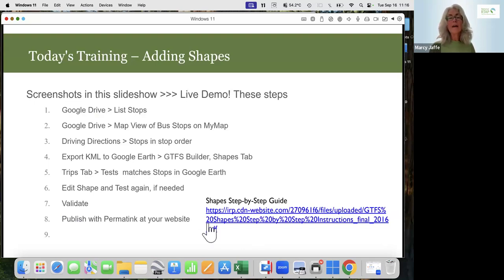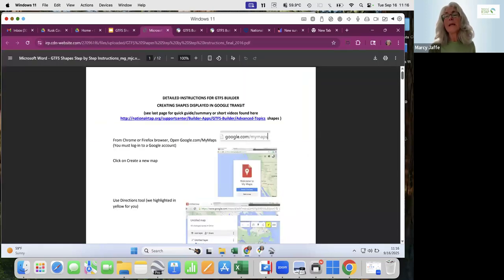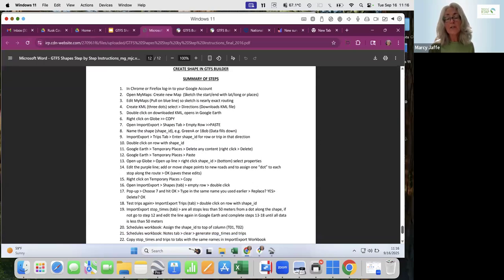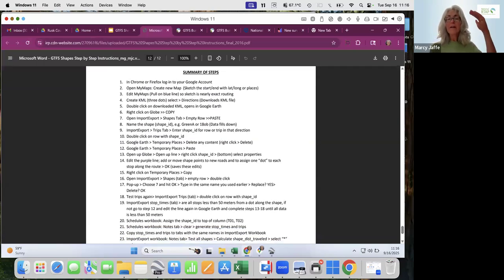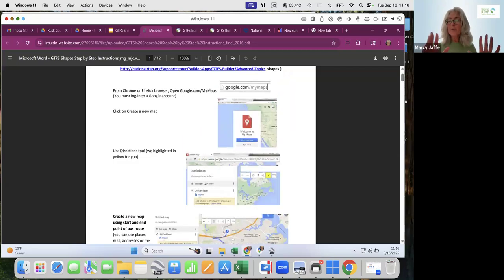So today's training has a lot of steps. This is how we do it with these free tools for you. You gain your skills in some areas, so we're going to step into that. What we have for you is many guides, but one guide related to our creation of shapes is one you can follow step by step as I'm doing it, and come back to these pictures and say, I need to slow it way down and look at it page by page. So let's